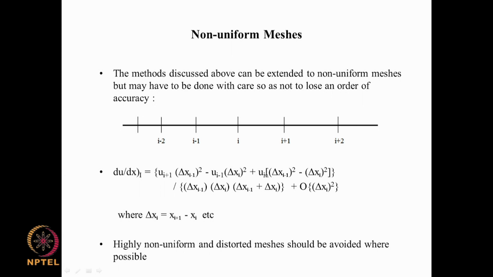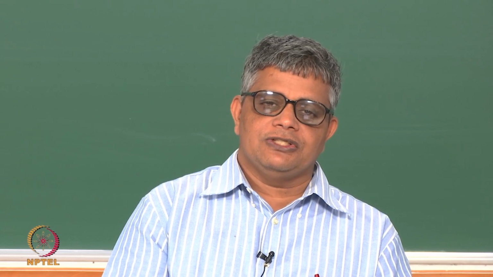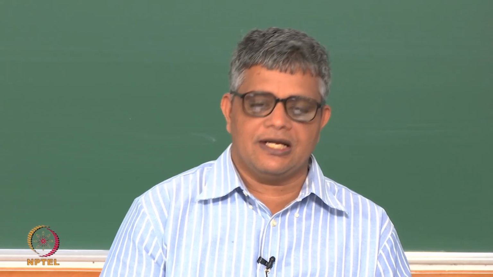So, in which case this term will be very small, negligible, and this term will be very small, negligible, and it boils down to a first order accurate formula, okay. So, although it is formally second order accurate, if you have large changes in delta x, then it could effectively function as if it is a first order accurate formula and not a second order accurate formula,